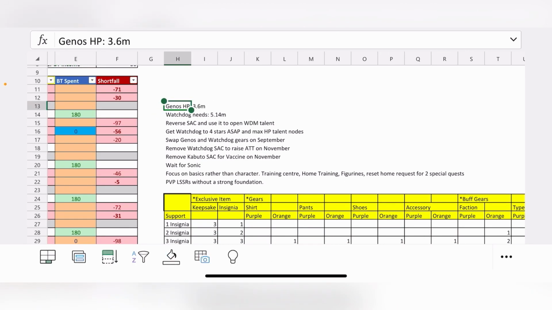So as of now, your Genos is 3.6 million HP. So essentially, your watchdog needs to be 5.14 million. Because for Armine itself, it has an ulti, which will actually reduce the target max HP by 30%. However, as of now, I would say it's not doable according to your SAC count. In this case, what I will actually recommend is to actually